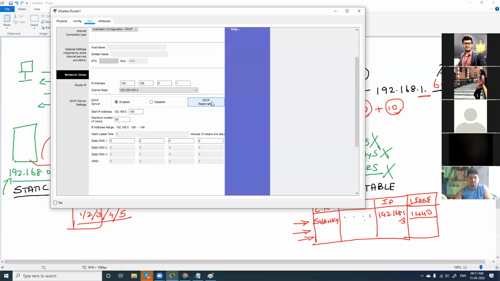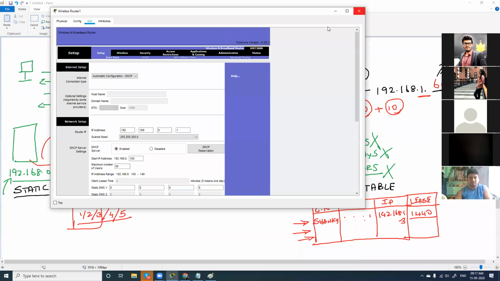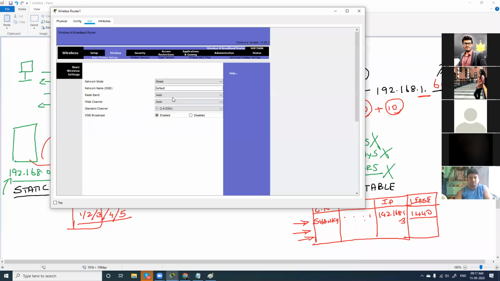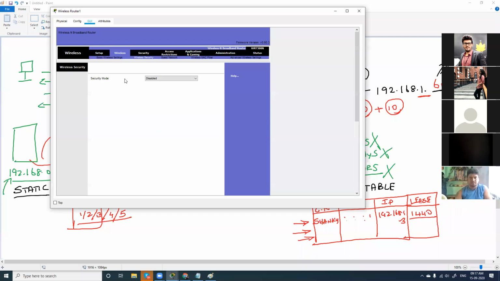Fine. This is a very simple configuration that is given here. And when you go to wireless, you can again choose from different options. When you go to wireless security, the security mode is disabled. You can choose anything. I told you, in case your Wi-Fi has WEP, please change that. It can be WPA2 personal or enterprise, and encryption is AES or TKIP. You can have both. We'll go for AES.